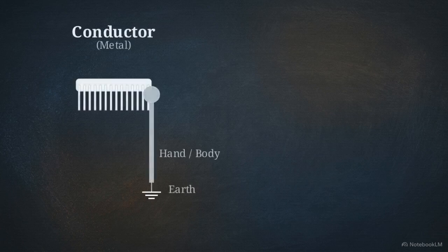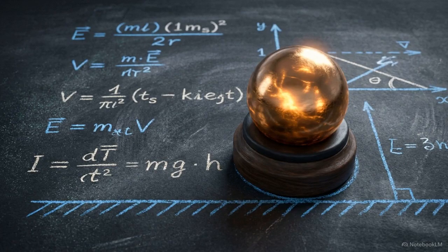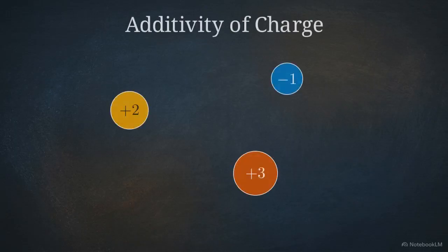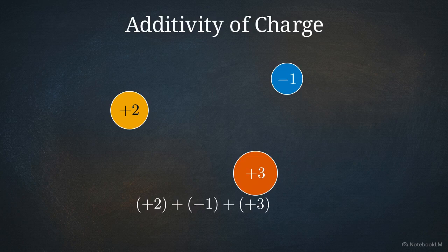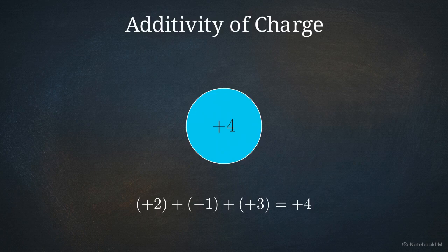Because both the metal and your body are conductors, any charge the comb picks up instantly leaks through your hand to the earth. A plastic comb retains electrification because it is an insulator, trapping transferred electrons in place. An object's ability to hold a static charge is dictated by its atomic structure and whether it is physically isolated from the ground. To solve numerical problems in electrostatics, we rely on three pillars of charge behavior: additivity, quantization, and